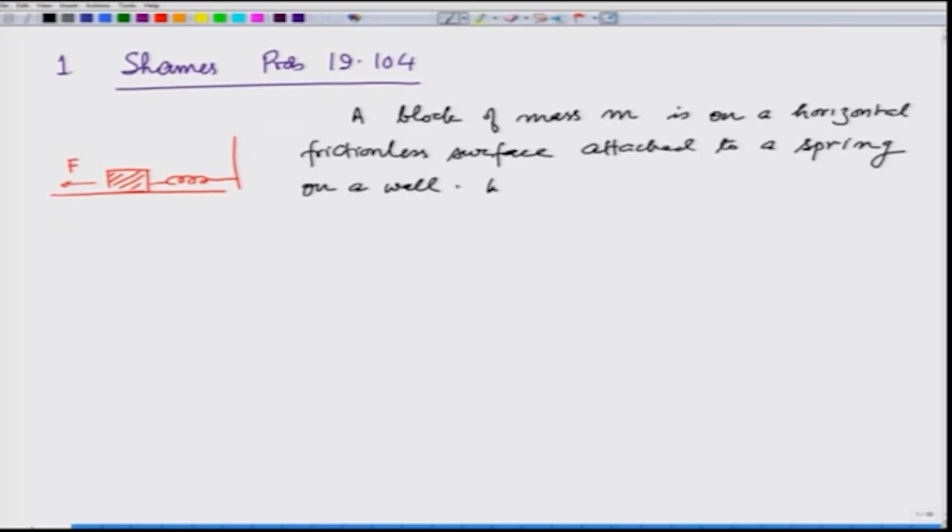When a force F equals 90 plus 22 sine of 80t is applied to it,